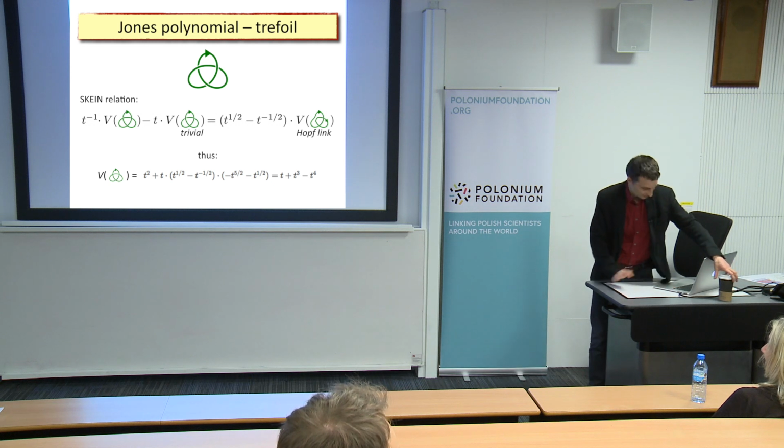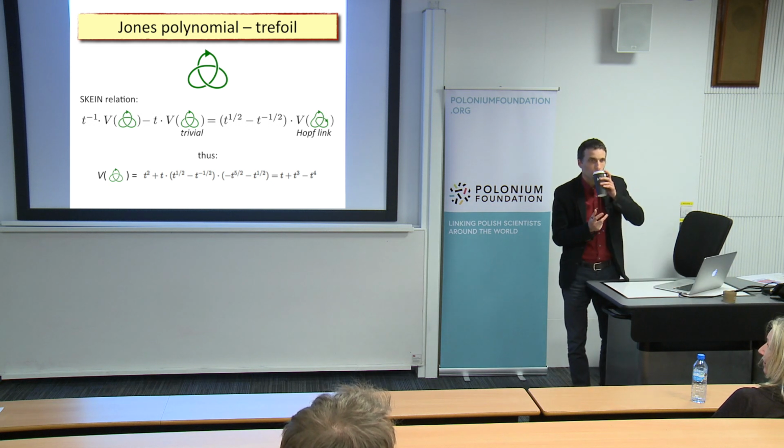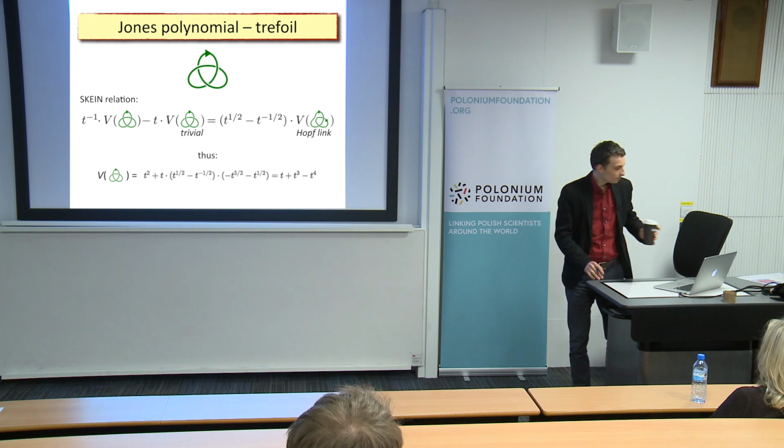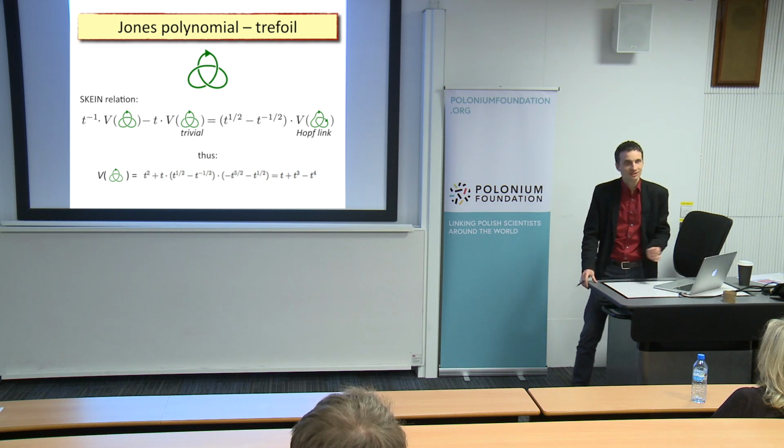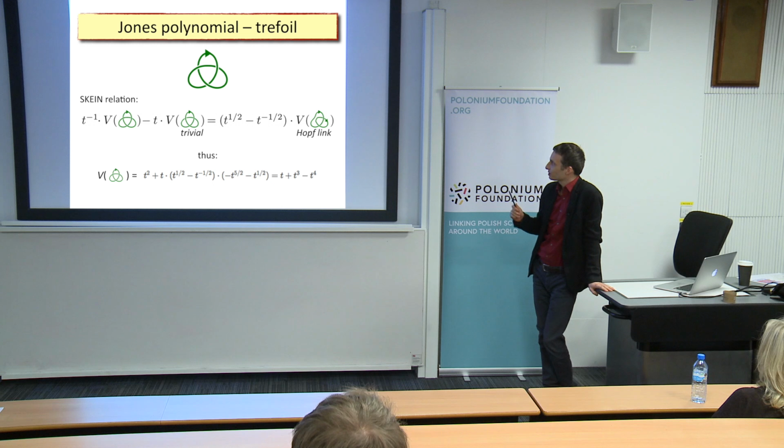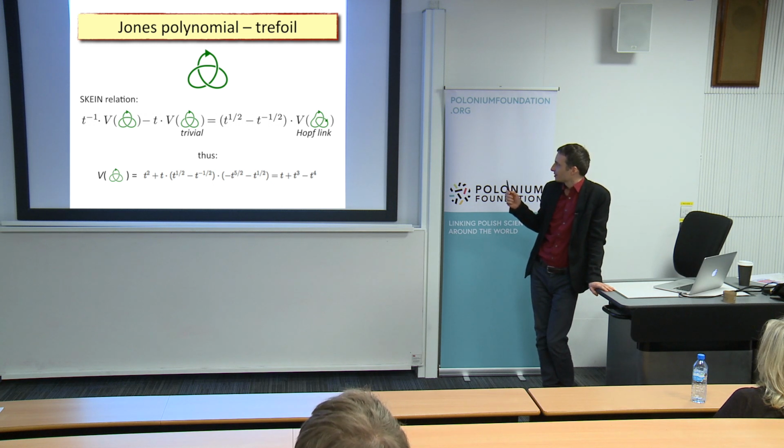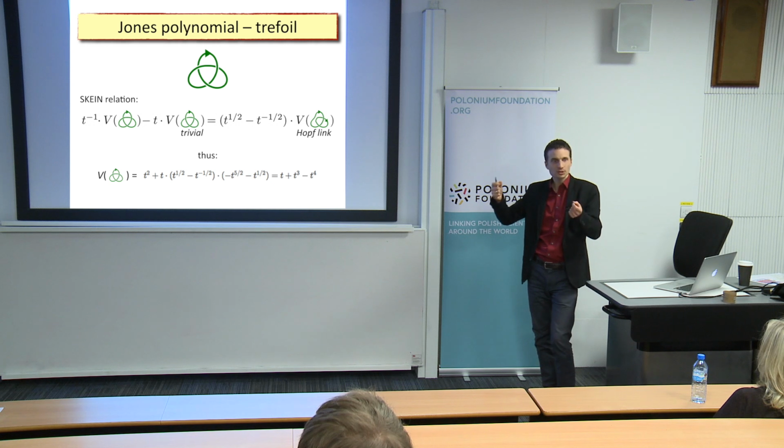Okay. Can you go all the way around? So can you come up with a polynomial and try to figure out if it makes a knot? That's a good question. In general, not. So there are two problems. One of them is that not all polynomials are polynomials assigned to some knots. But the other one is the one I mentioned before, that there could be two knots which are not equivalent, but they give the same result. And then this polynomial doesn't distinguish them. You cannot say, just looking at the polynomial, which knot you started with.